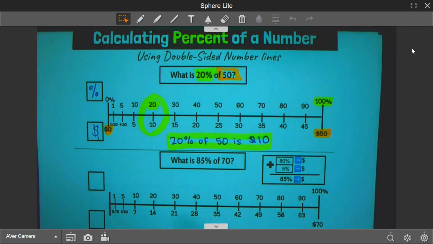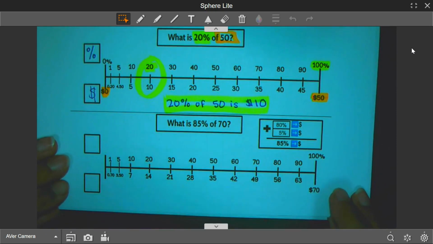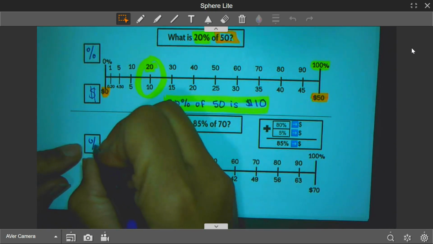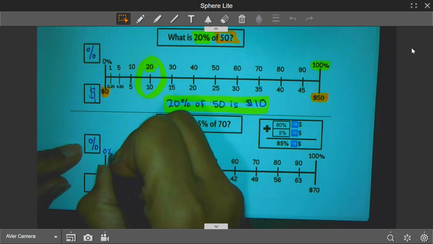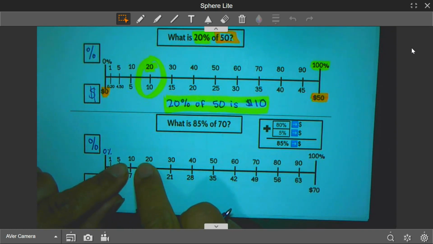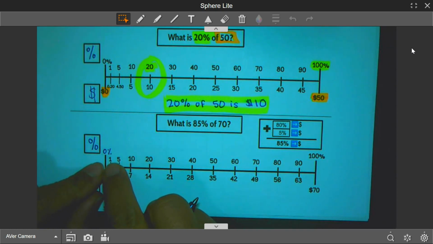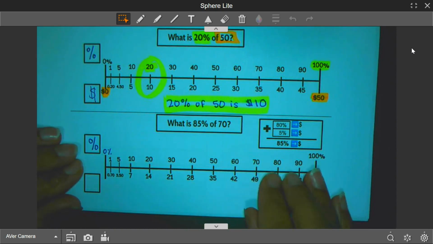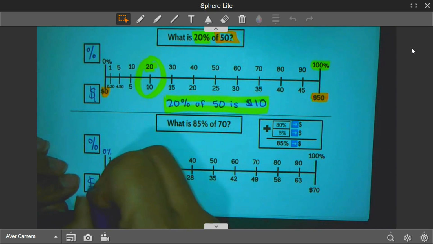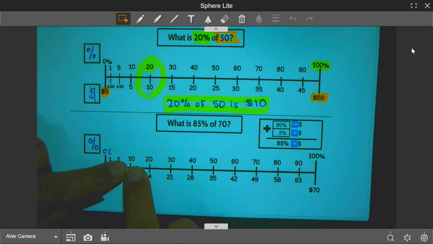All right. Now, the next one is 85%. Let's take a look at what we notice. The top half is still with percent. That starts with 0% and it goes all the way up to 100%. You should also notice 10%, 20%, but then also half of 10% is 5%, and then we also have 1%. Then the bottom numbers, this time it is out of $70, so it's still money, and I go all the way up to $70. So 10% of 70,